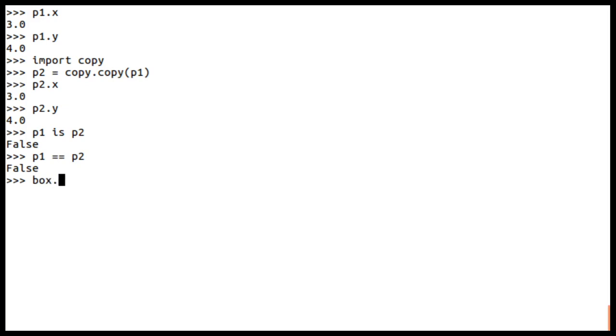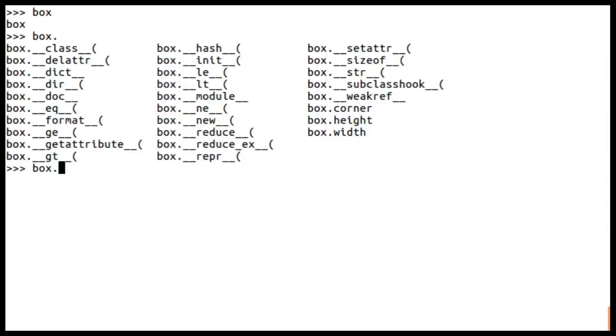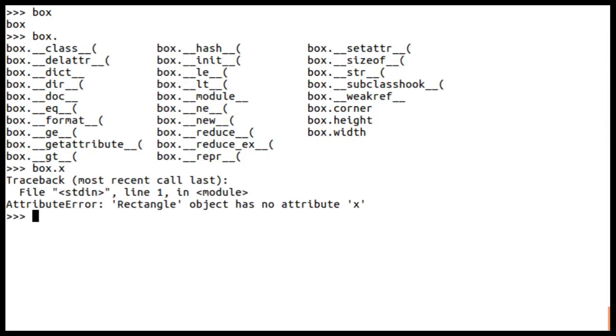Do I have box dot x? No, let me initialize that.